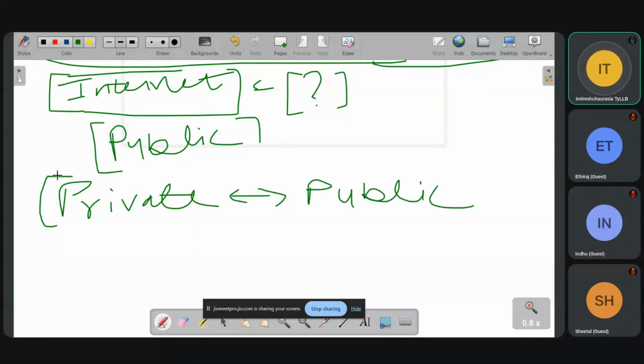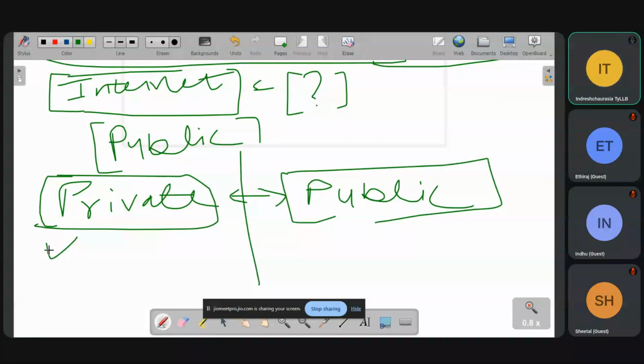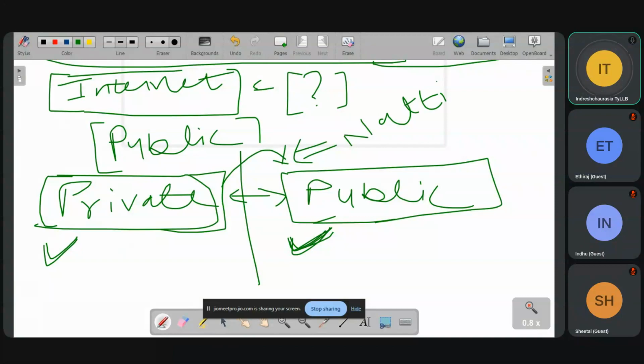So when you open your laptop, you will see a private IP address. But when you go over the internet, you will need a public IP address. So all this process is what you call converting private IP address to public IP address. What is this process called? It is called NAT. See, this process of converting a private IP address to a public IP address is called NAT.